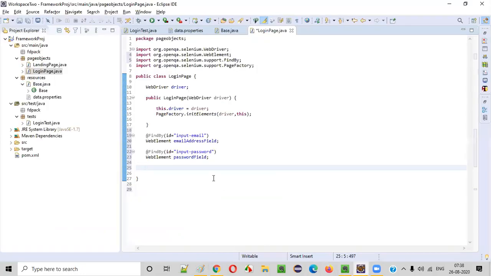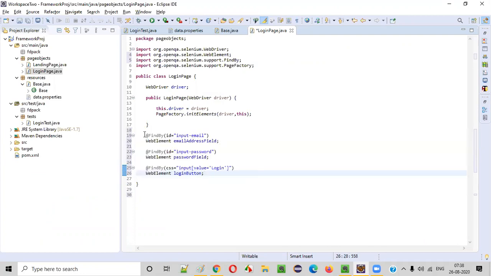So I'll say @FindBy(css = put that in double quotes, and paste it here inside the double quotes. WebElement loginButton. I'll return all these things, all the objects I created.